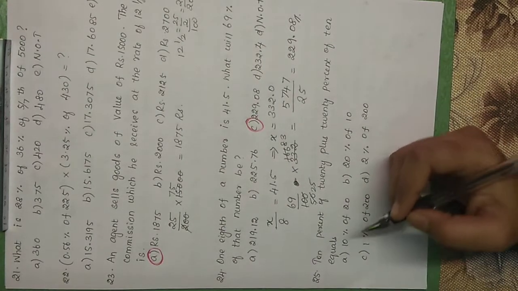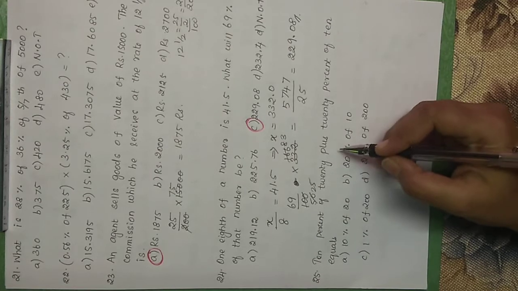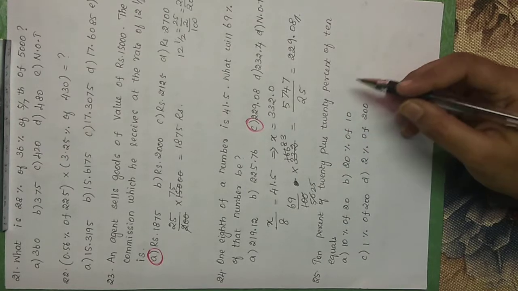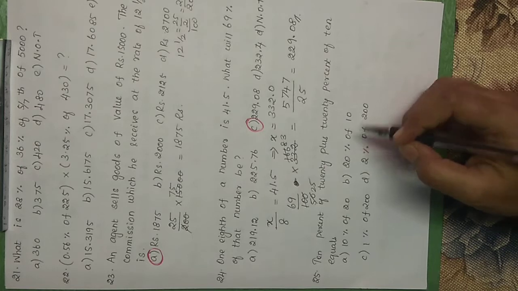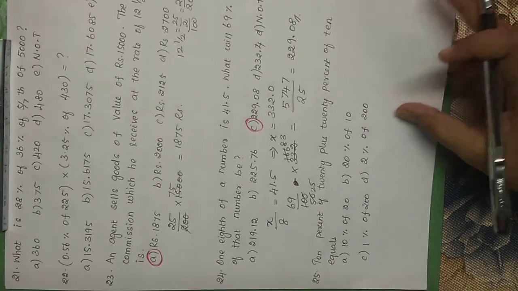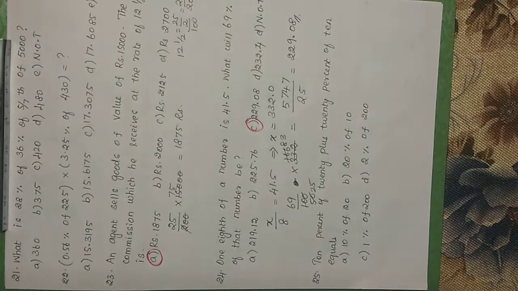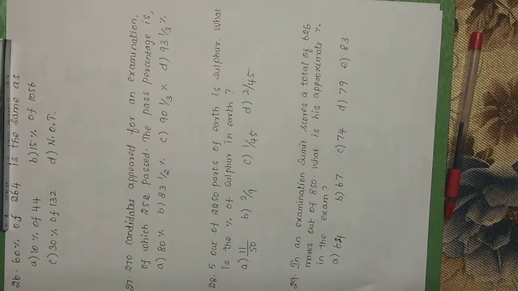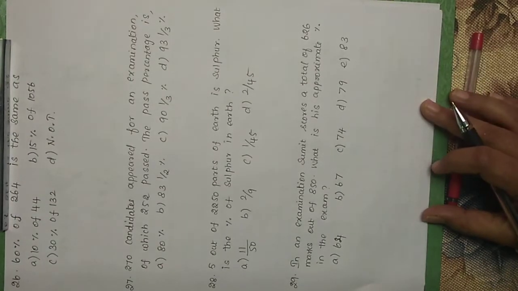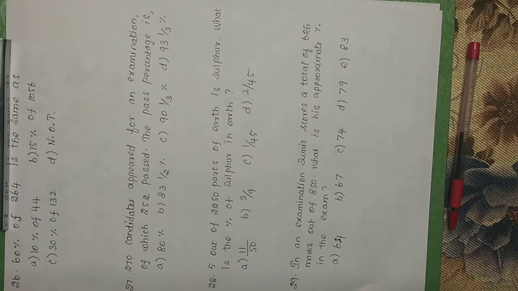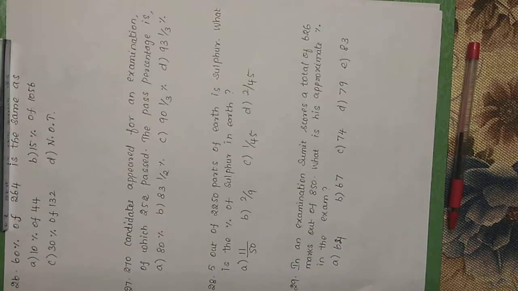Next problem, 10% of 20 plus 20% of 10 equals. This is similar to the previous problems. You do it yourself. The next problem, 60% of 264 is the same as. This is also similar to the previous problem. You do it yourself. So next problem, 270 candidates appeared for an examination,